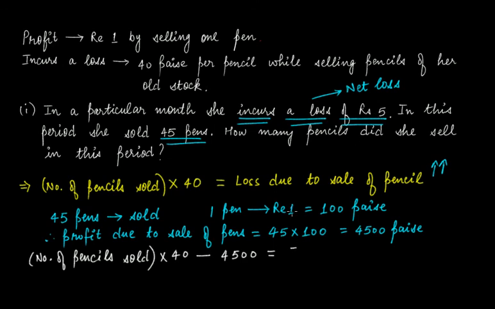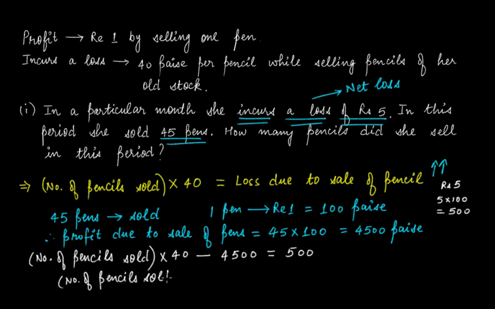If you convert ₹5 into paise, this will be 500 paise. Is it clear? Because ₹5 means 5 times 100, and that will be 500 paise. So this is 500. This implies the net loss. Net loss means that the number of pencils sold times 40 will be greater. That is, this quantity is resembling the loss due to sale of pencil, minus 4500, that is profit of pens, will be 500. Therefore this quantity, that is number of pencils